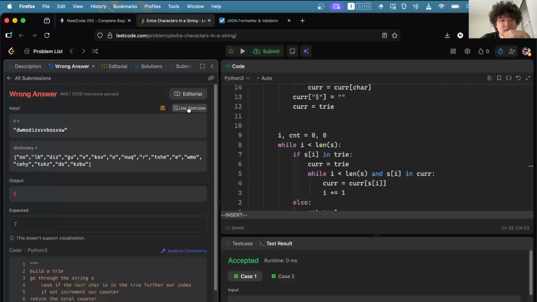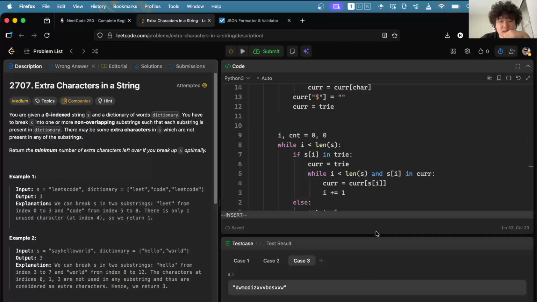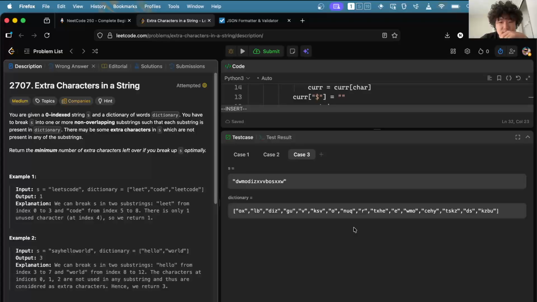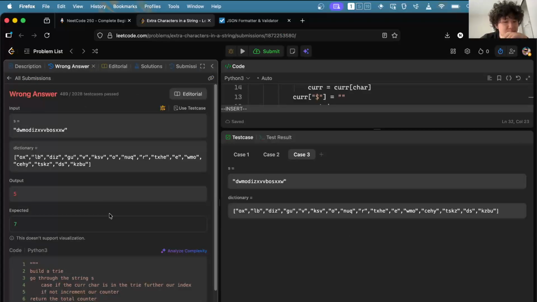Wow, there's a lot of test cases. Yeah, I think there's still some edge cases that I'm not really considering. Okay, why is this wrong answer? I said 5 unless you missed 10. Okay, wow, these are disgusting words. Interesting. So maybe I'm not using, I guess this whole word is not. Well, that's true. But there's